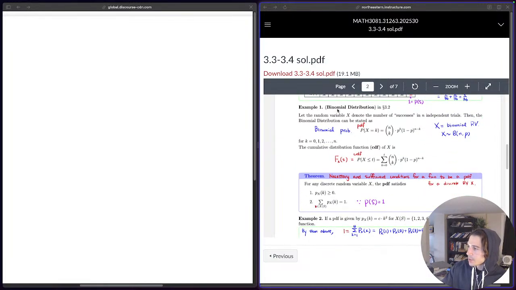Remember, I'm doing a speed run. This is important though: the binomial distribution. Let the random variable X denote the number of successes in n independent trials. Then the binomial distribution can be stated as